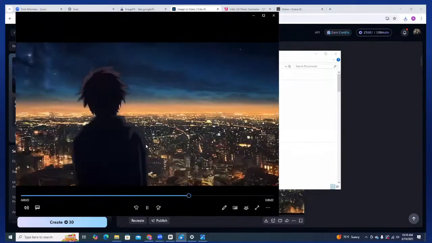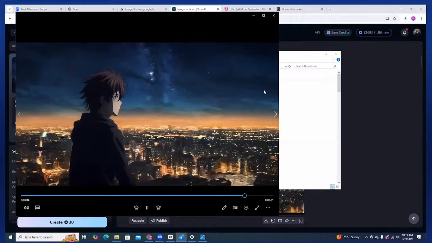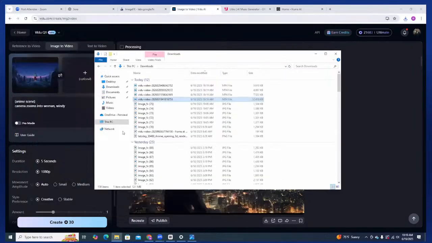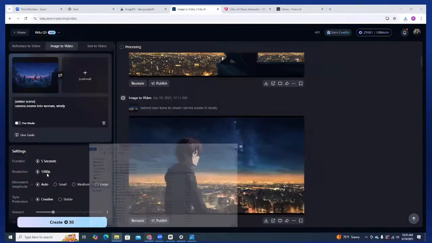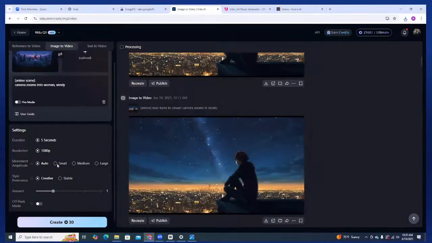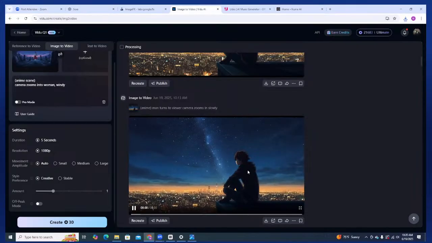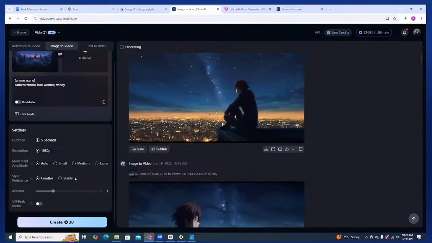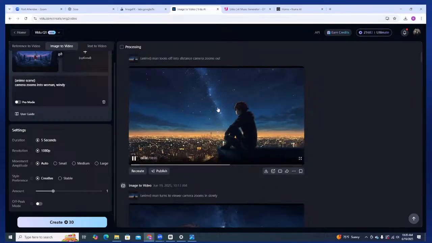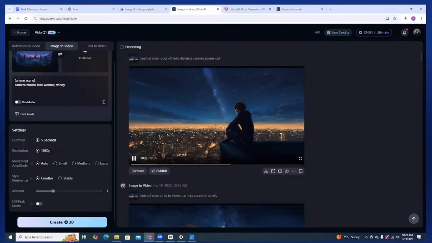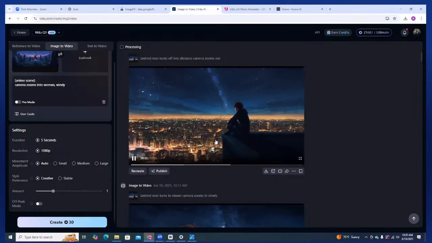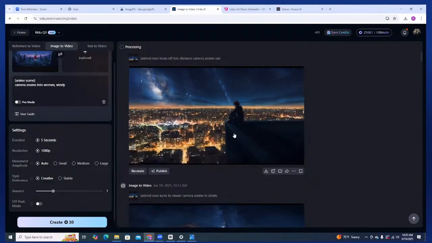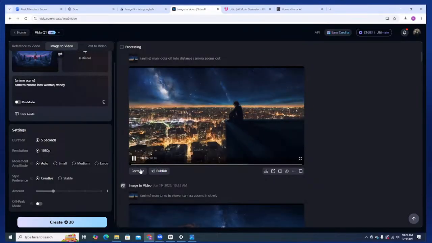Now what happened is it kind of did an orbit around him without me telling it to do that. Once we get into settings, I can show you guys a couple of things on how to fix things like that. If we go to more stable or small, you'll see less movement like that. It probably took it as a large movement by doing it automatically. So again, we could refine more with more detailed prompts or with settings. But for now, these definitely are accomplishing the goal. The camera zoomed out. It did something a little weird with the depth of view where it kind of zoomed out of the background more. But if I recreate this one,